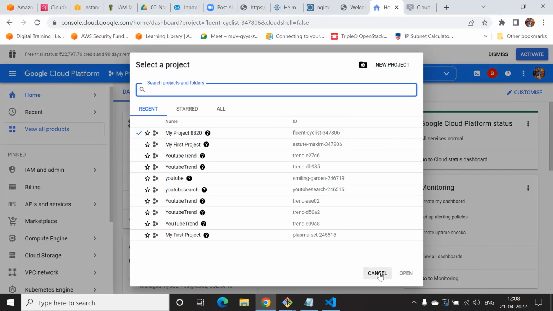What should I do? Cancel it, buddy. Why does it have fluent cyclist 347806? Did we create this one yesterday, Rahul? Yes, we created this project yesterday. Which needs to be pasted. Okay, please do that. Can you paste that project ID as fluent cyclist